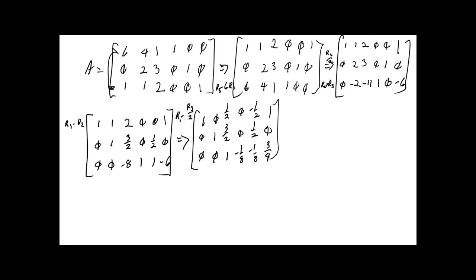Okay, so that becomes, let's write down the final row: 0, 0, 1, negative 1/8, negative 1/8, 3/4. That, by the way, is the last row of your identity matrix. Okay, new row 1 will be